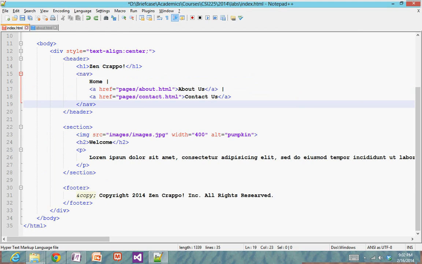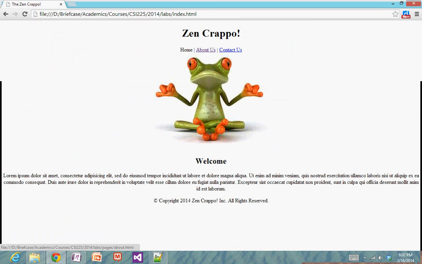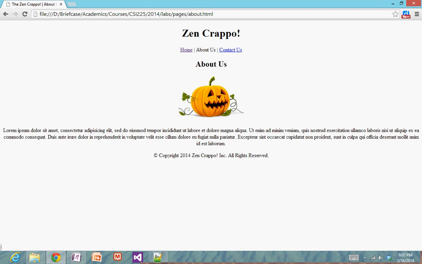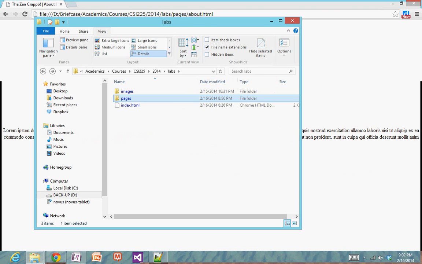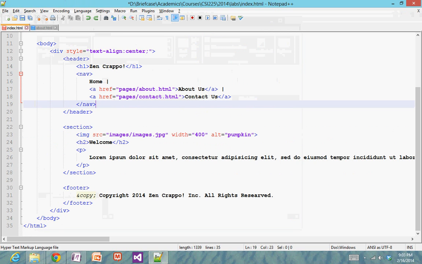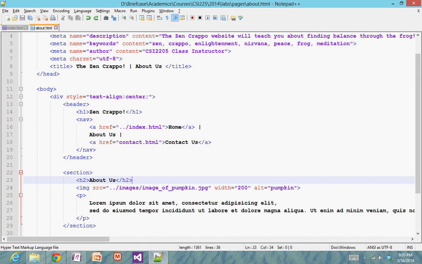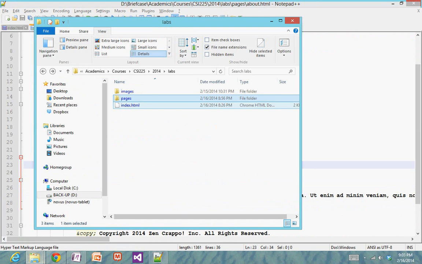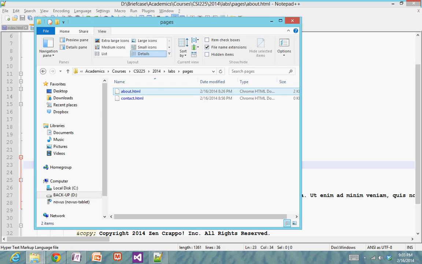When referencing from about, it's a bit different and a bit trickier, considering that about is inside of a subfolder. So you'll find that when we go to about us, everything sort of loads and works. But there's something different that we'll have to do, considering that we're using relative paths. Now let me show you here in the source what I mean by that. So we're looking at the About Us page here. And the About Us page, as we know, based on our deployment directory structure, is inside of the Pages folder. Now if we need to reference our index file from within the About Us file, within the Pages folder rather,